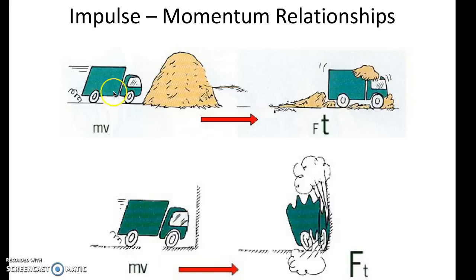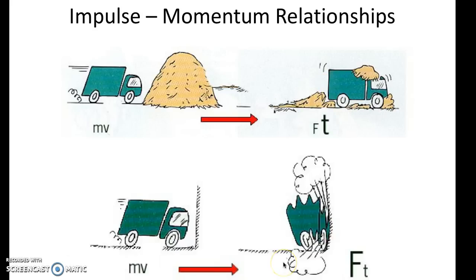Okay, the same thing here. We have a truck going from momentum mv to 0. In one case, it hits this pile of hay and it's brought to a stop slowly over a long period of time, meaning it experiences a very small force from the hay. And in this case, it hits a wall, it's going to stop very quickly and experience a very large force as it stops. Okay, and so if you were driving this car, you'd prefer this top situation, but from a change in momentum perspective, they experience the same change. When you break it down to the impulse, you see that this is the reason why this car is okay and that one isn't.